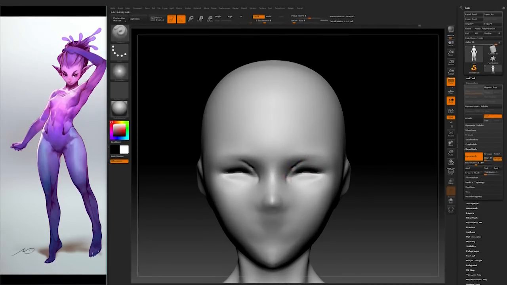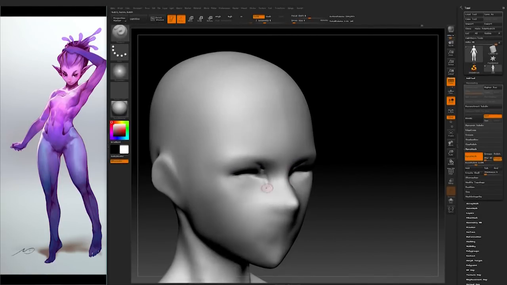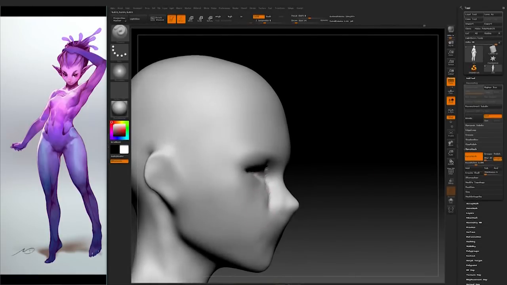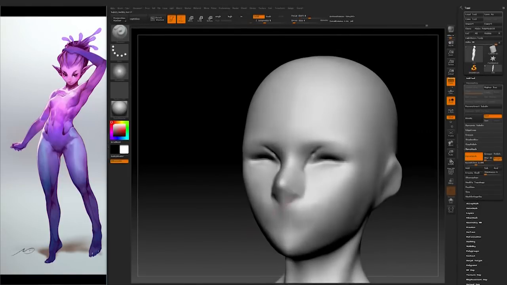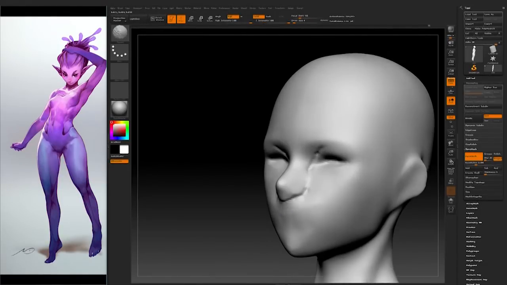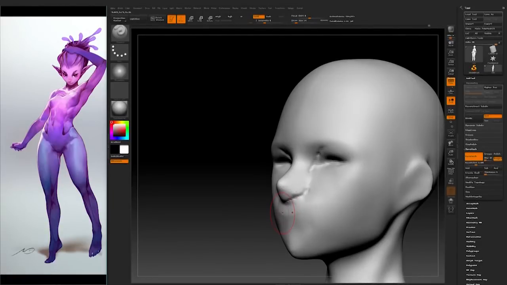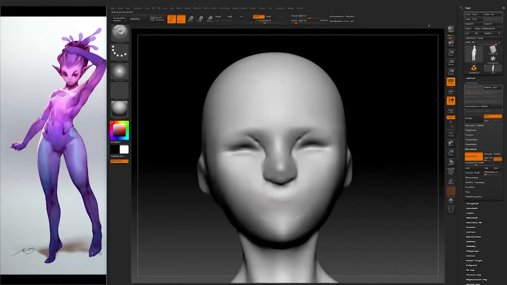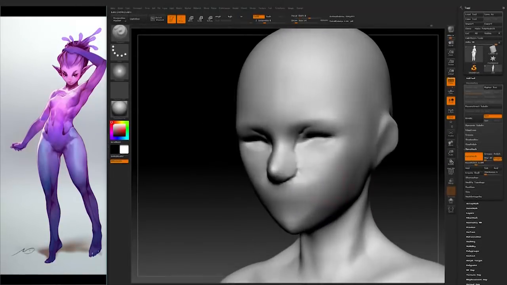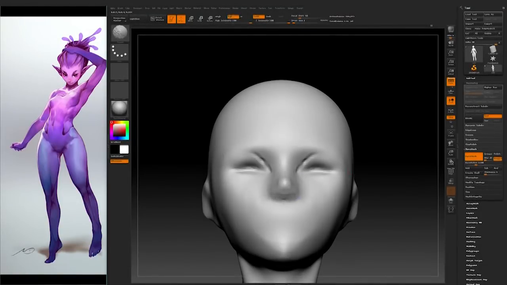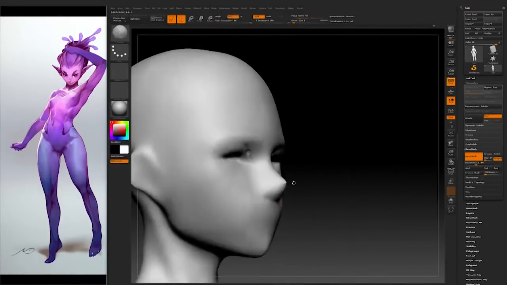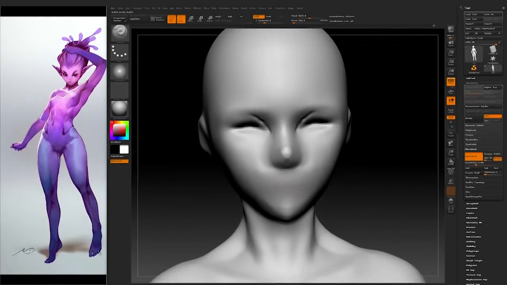So when I work on characters like this, I don't do characters from scratch too much, because I already have different base meshes, like the one I'm building right now. This is just for the sake of this tutorial. I'm building another one, but normally I'll start from a base mesh that I have. But if I'm making it from scratch like this, and actually this also applies to any model that you would do,